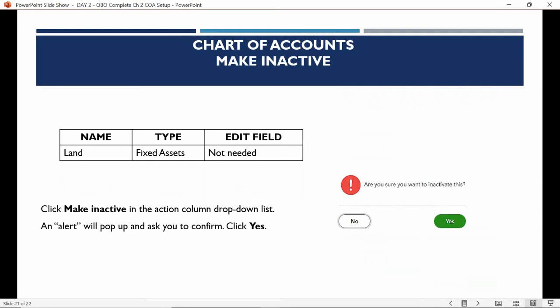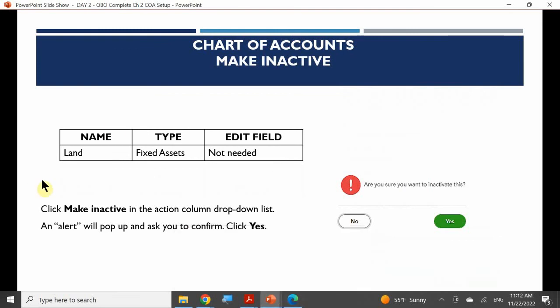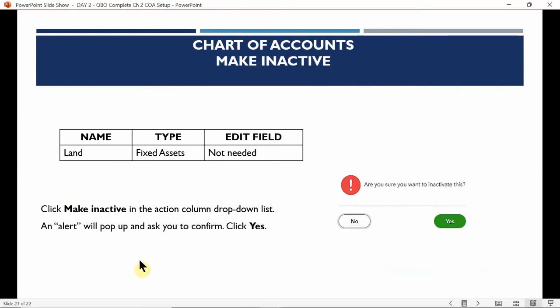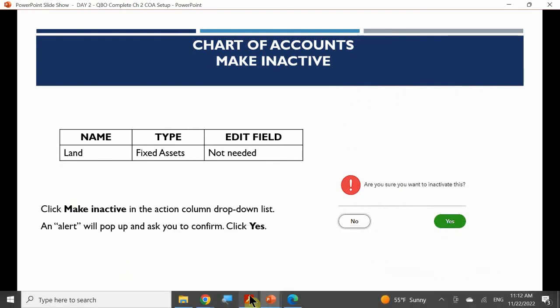In this case, one of the options is to make an account inactive. What you're essentially doing here is hiding the item on your chart of accounts. In this case, we're never going to use land, so I'm going to make that account inactive. All right, let's go ahead and